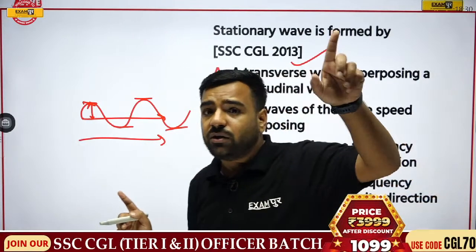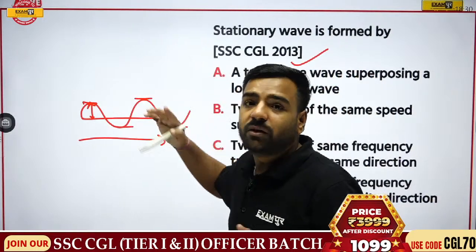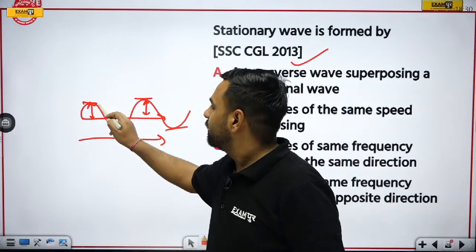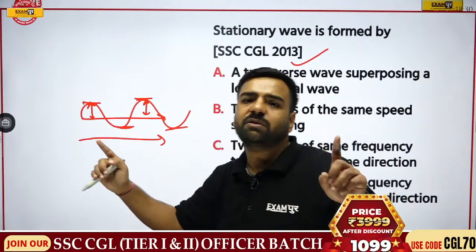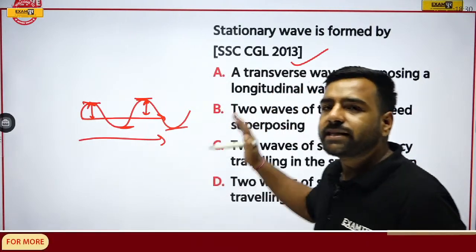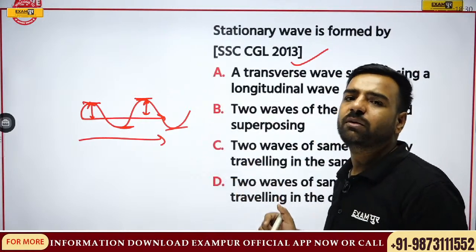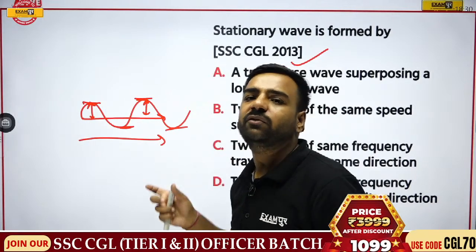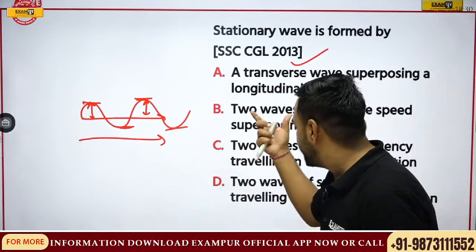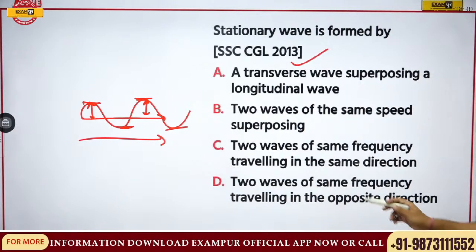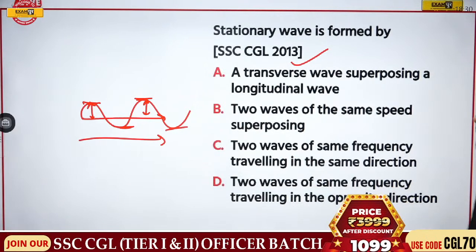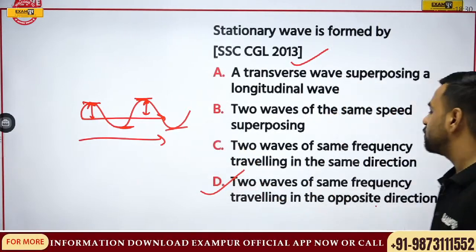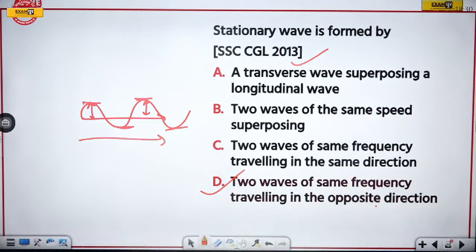So Ganesh, are you aware of all these things? What is frequency? Number of oscillations per unit time. What is amplitude? This distance, right? And wavelength, the distance between any two crests or any two troughs, is wavelength. Simple. Now, a stationary wave is only formed when we have two waves traveling in the opposite direction, one in this direction, one in this, and they have the same frequency, or the same amplitude. So we have the options given here. Two waves of the same frequency traveling in the opposite direction, that is option number D, will be correct. Very important. Okay, cool Ganesh, fine. So yes, two waves of the same frequency traveling in the opposite direction, option number D, is the correct answer.